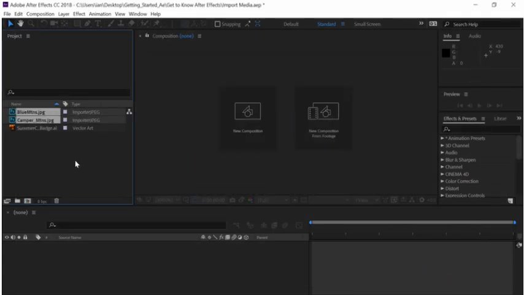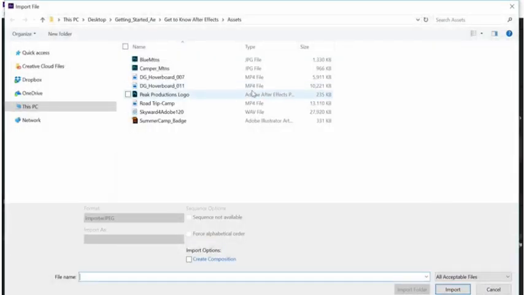project panel. I could use drag and drop if I had an Explorer window or a Finder window, and I could drop things directly into the project panel. But another great way is to use the New Composition from Footage button, because I want to import some video footage and create a composition from that footage. So I'll click on the New Composition from Footage button, and